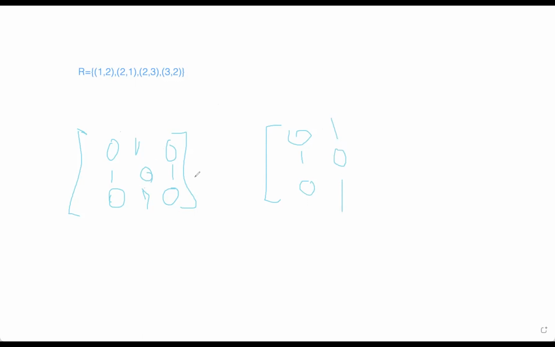And the third row, third column, it will be 0, 1 and 0. It is the transpose matrix we can see here.